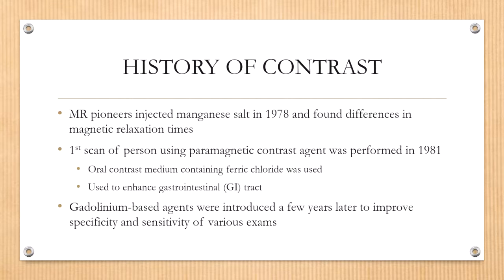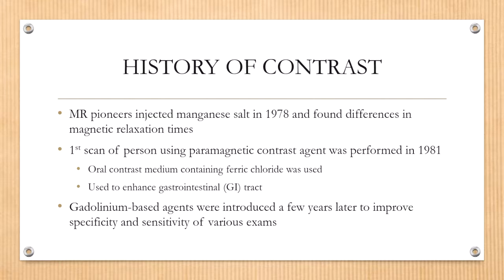When we talk about contrast, of course, there has to be a history involved in it because everything has a beginning, correct? So what initially occurred in MRI is that the pioneers, which, when we think back on our first unit of our first class, were Damadian, Purcell, even Tesla is considered a pioneer. So the MR pioneers in the late 1970s